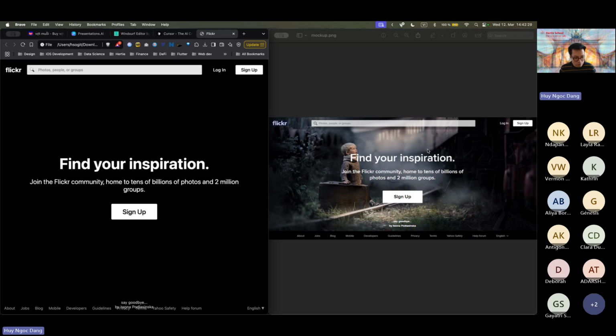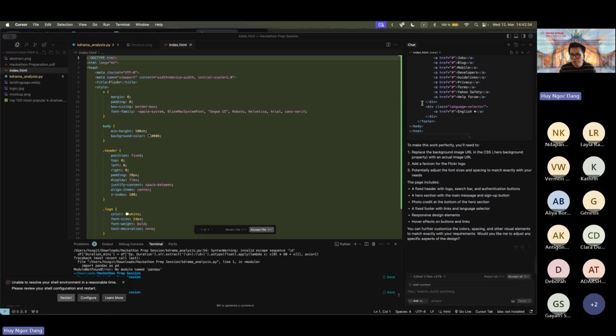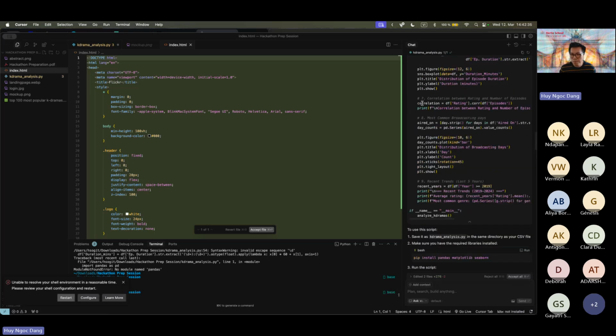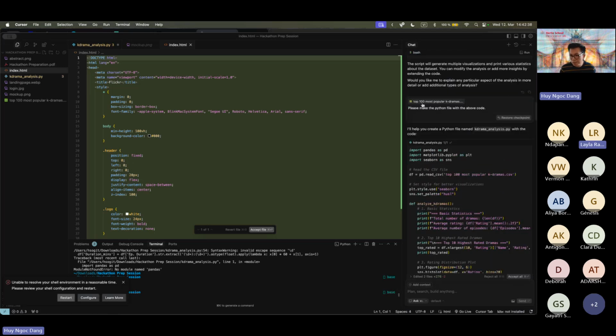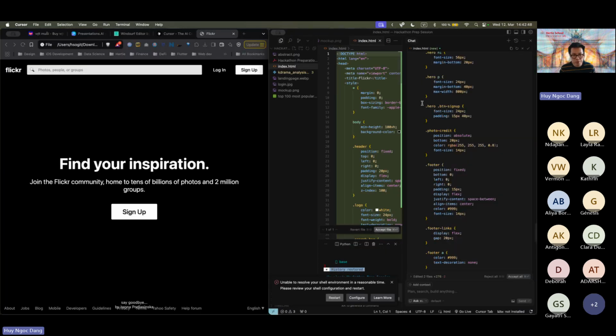So just to showcase an example of what you can use the chatbot and Cursor AI for in terms of creating a prototype. A lot of times I see in this competition that people don't actually create a full-fledged working prototype. They actually just create a mock-up, something like this, right? So you can link several pages so that you can also make it interactive as well, but something visual so people can see that you actually have done some work in creating something interesting.